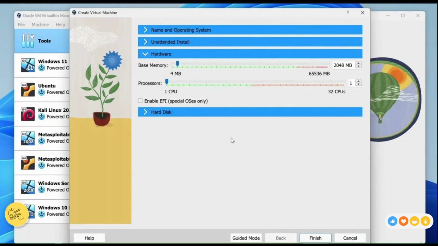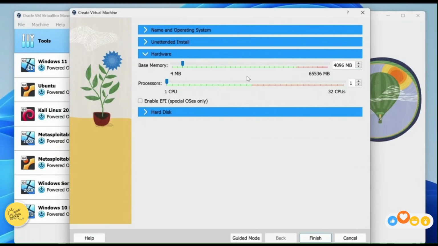Remember that I said that virtual machines will use your hardware resources? Well, here we need to allocate those hardware resources. Here, the first question that it asks us is the base memory or RAM memory that we want to give to our virtual machine. Now, this will be different for everyone depending on what RAM memory or how many gigabytes of RAM you have. In my personal case, I have 64 gigabytes of RAM, so I'll just allocate 4 gigabytes of RAM to my